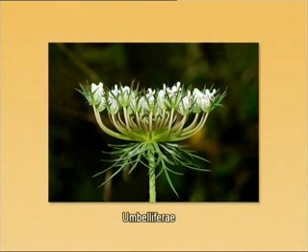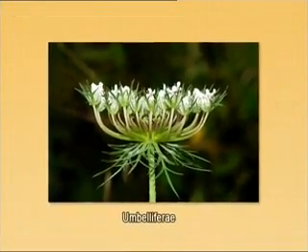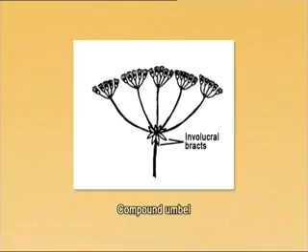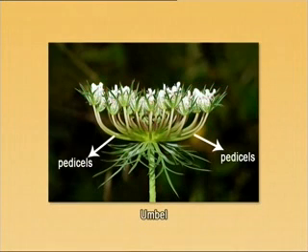However, at the same time, Umbelliferae, the previous name, was also retained as a family name due to its wide usage. This previous name, Umbelliferae, is derived from its inflorescence, which is generally in the form of a compound umbel. What is this umbel? The term umbel refers to the flat-topped or convex inflorescence with pedicels that are attached at one point. The term umbel has the same root as the common word umbrella.